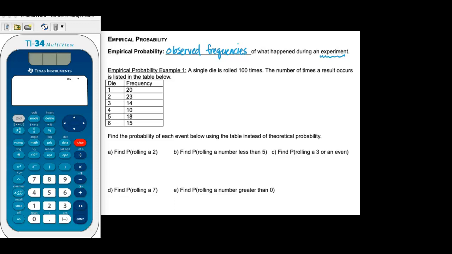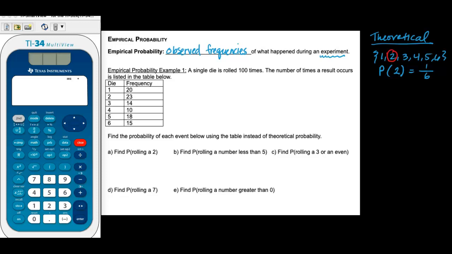So take an example like we roll a die. Normally with theoretical probability, we say, well, there are 6 options: 1, 2, 3, 4, 5, and 6. If I ask you, what's the probability of rolling a 2, we would say it's 1 out of 6, because there is one 2 in the bunch, and there are 6 total, so the probability is 1/6. With empirical probability, we're going to use an actual table of 100 different times a single die was rolled,